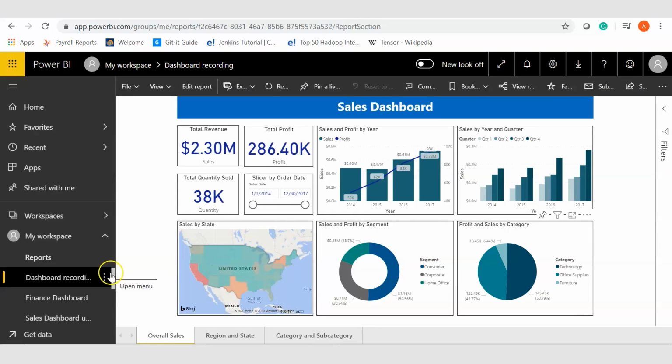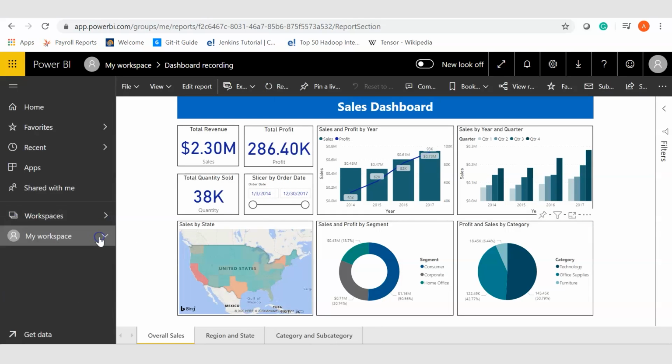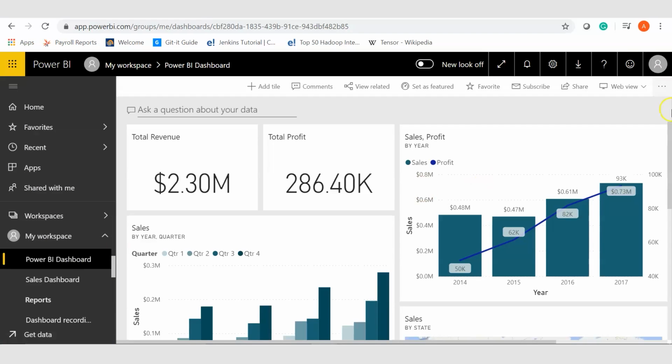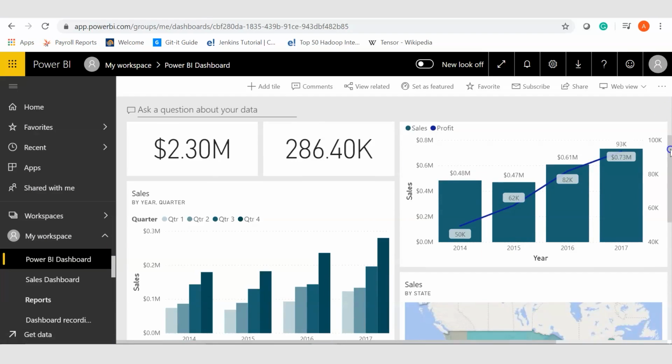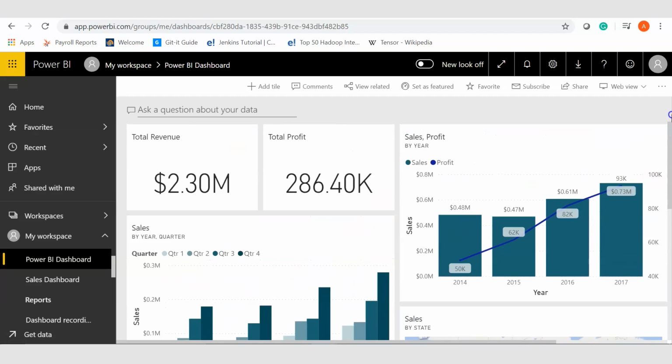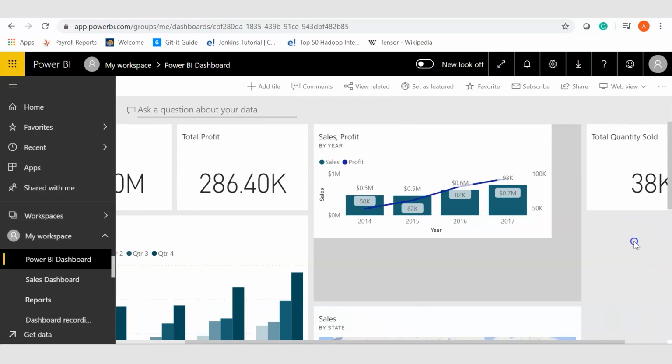Now if I go to my dashboards and select Power BI dashboard, you can see we have a 1-page dashboard here. You can resize all the charts and graphs.